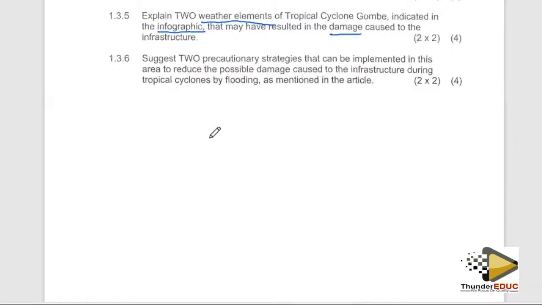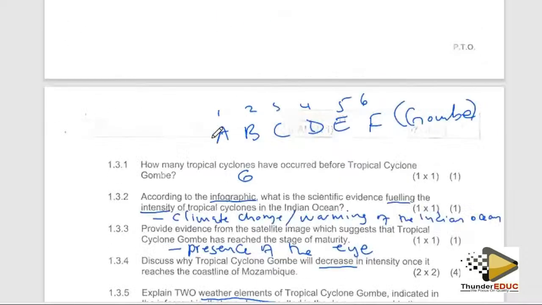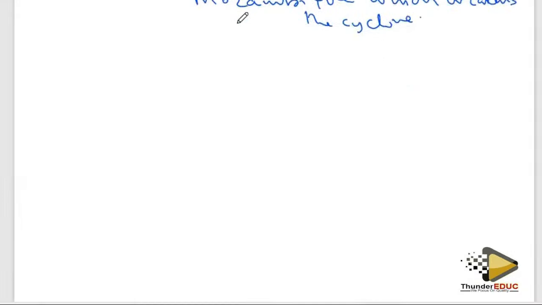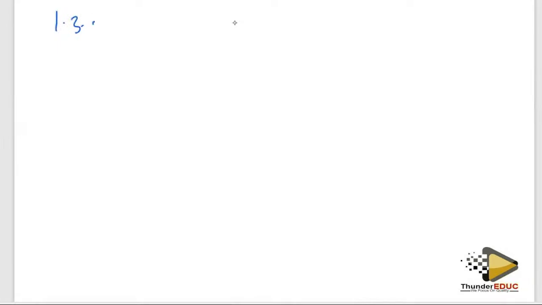Question 1.3.5. The question says, explain two other elements of tropical cyclone Gombe, indicated in the infographic, that may have resulted in the damage caused to the infrastructure, right? Okay, so let's use our blank page to try to explain that question. 1.3.5, right? So we can talk about